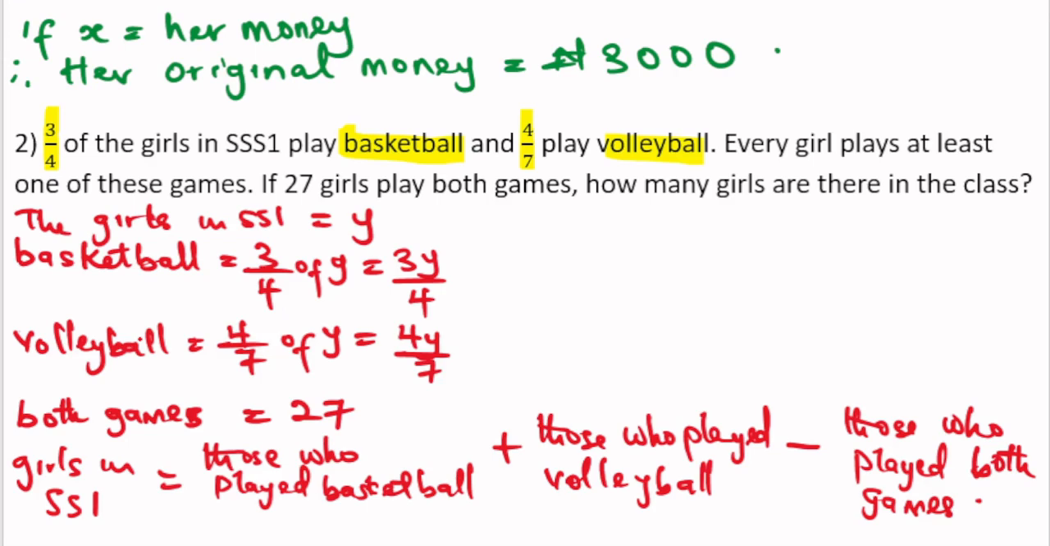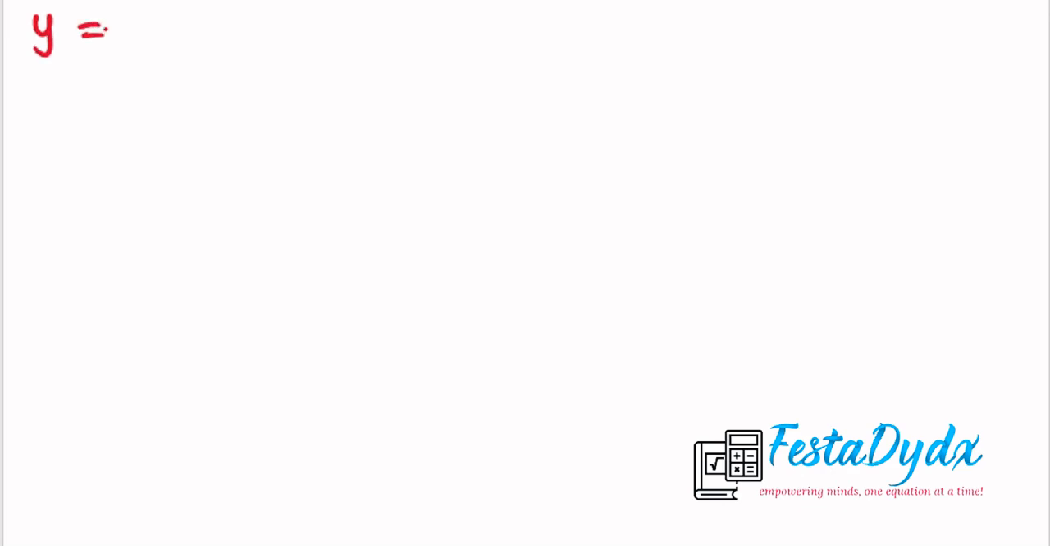The reason why we are minusing those that played both games is because those that played both games are in the expression of those that played basketball plus those that played volleyball. They are here. Those that played both games actually exist in these two. So we're going to minus it so that when we remove the number of those that played both games, we'll be able to get the total number of girls in SS1, because every girl in SS1 either played basketball or volleyball. So girls in SS1 is Y, equal to those that played basketball, we have 3y/4